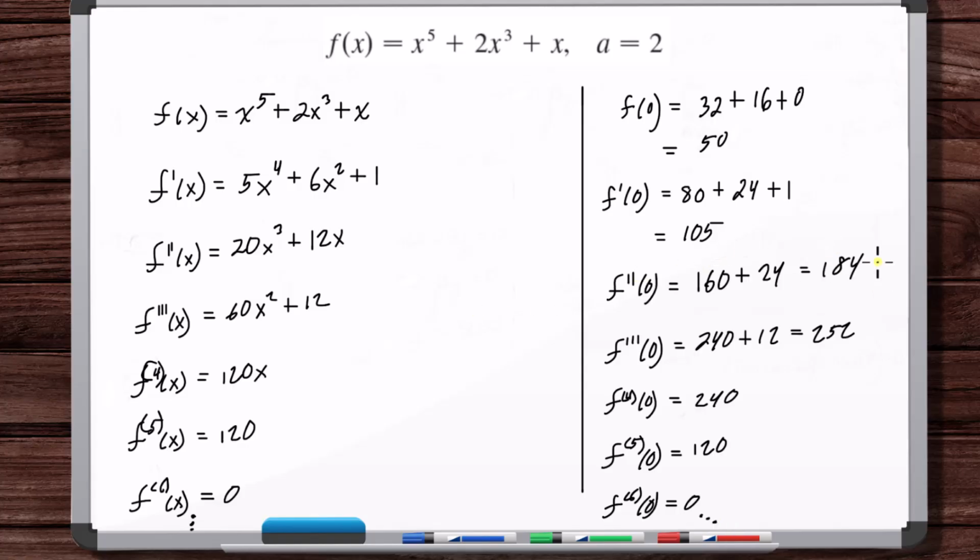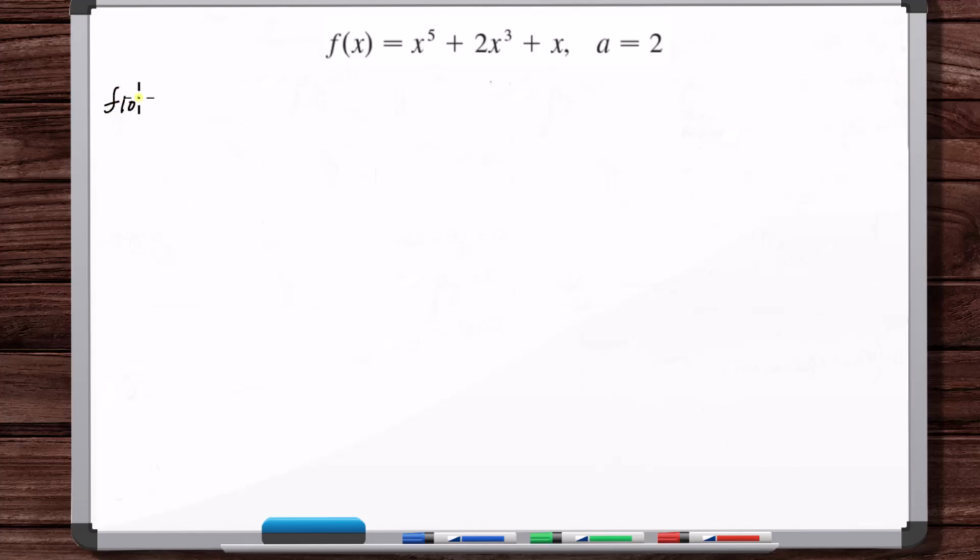Okay, so usually what we would do next is we would look for a pattern, but there's no pattern here. It's just going to be these 6 terms. So, all right. So we've got